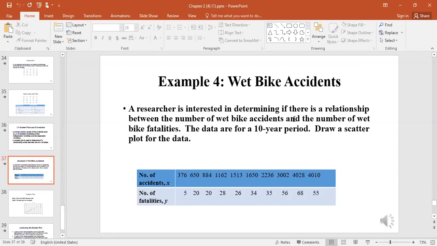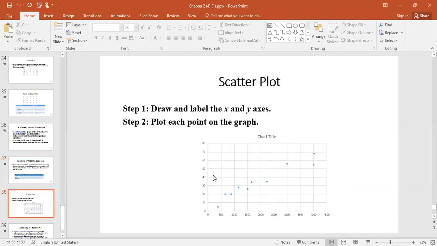Here we have a researcher who is interested in determining if there is a relationship between the number of wet bike accidents and the number of wet bike fatalities. The data are for a 10-year period. For the first year, 376 accidents with 5 fatalities, then 650 with 20. Is there a relation between the number of accidents and the number of fatalities? So we can make a graph like this. This is what we call a